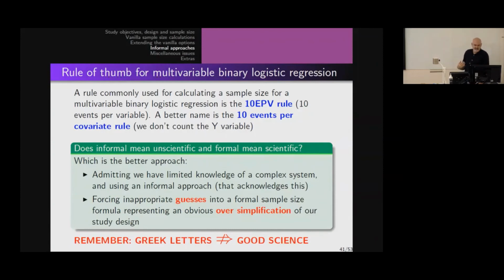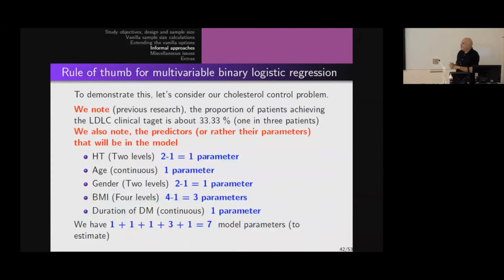I understand it. So what did I mean before when I said the number of parameters rather than the number of covariates? We have to admit how many parameters each variable will include in a model. Now remember, when it's groups, we're comparing mean differences. When it's a continuous variable, it's just a straight beta in our model. So hypertension has two levels, so it's 2 minus 1. It's going to have one parameter, which is how different are people with hypertension relative to those who don't have hypertension. Age is continuous, it has one parameter.